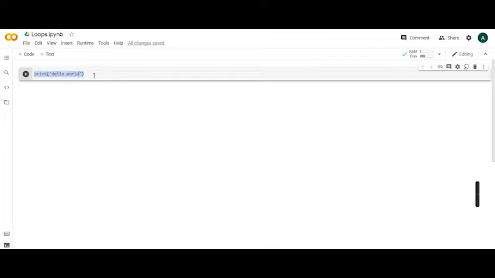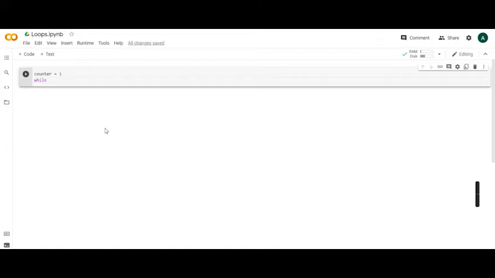Now, suppose we take the same example that you have to print the statement 10 times. What are you going to do? We have to take a counter variable for that. Let's name it counter, and we have to initialize it to 1 because you have to print it 10 times. Then we're going to write our while loop, using the while keyword, and then we have to give it a condition. The condition here would be on this variable counter. You can name it anything you want: X, I, A, B, C, anything.